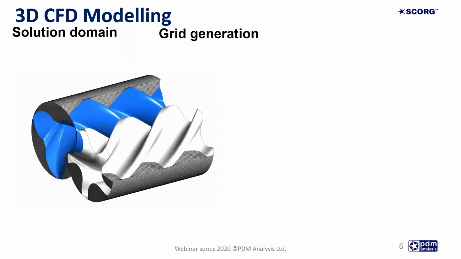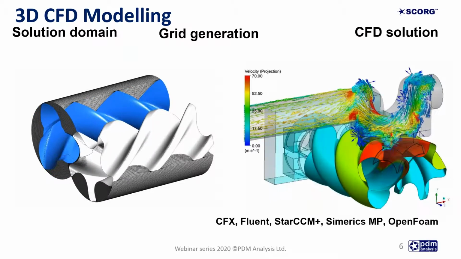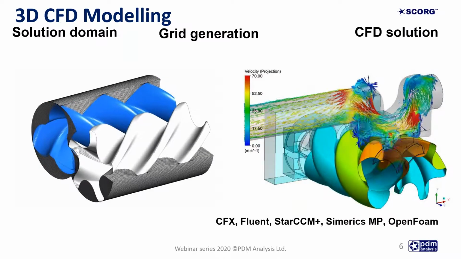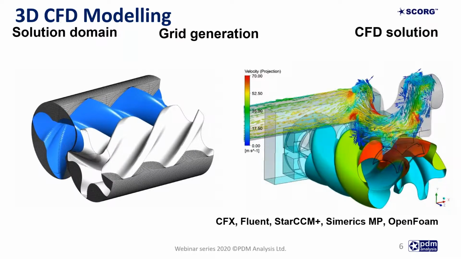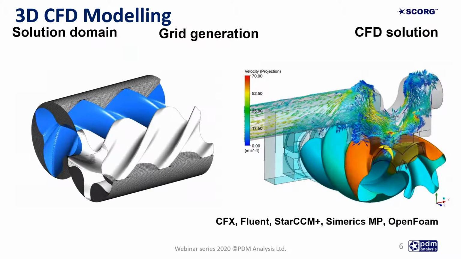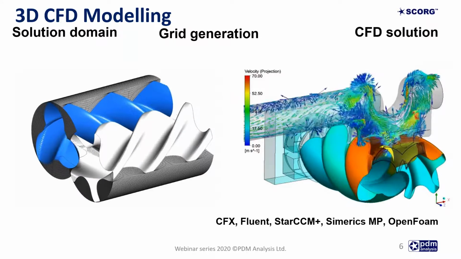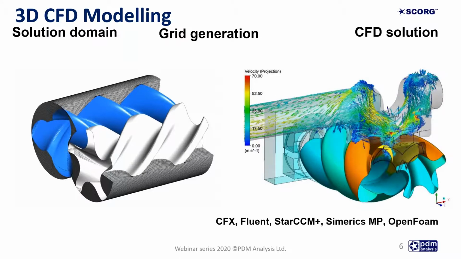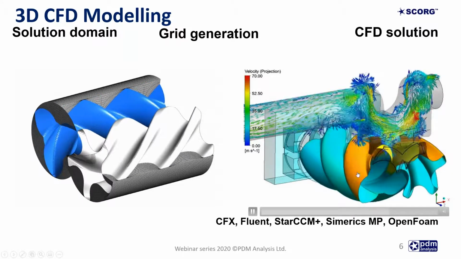Once the rotor grid is generated, it is connected to the ports into the solver, and then we go into the solution. In terms of CFD solution, several solvers are available as options. Scorch grids are readily connectable to ANSYS CFX, ANSYS Fluent, Star CCM Plus, Simerics MP, and the latest in the line is OpenFOAM solver. In this particular example, you can see the pressure solution on the surface of the rotor,